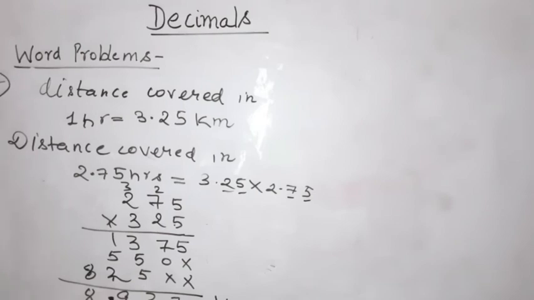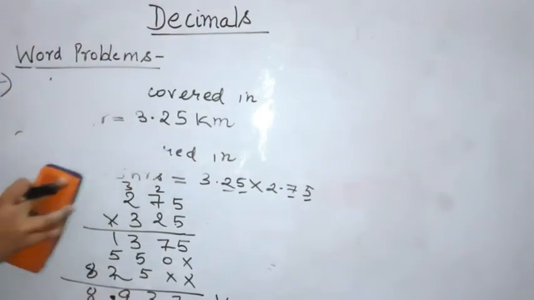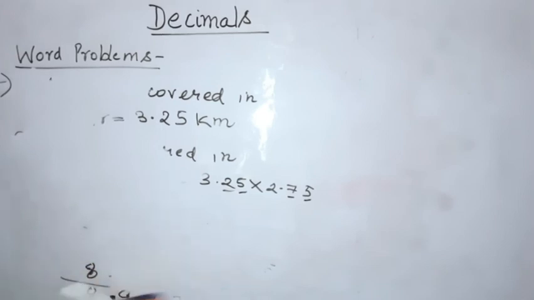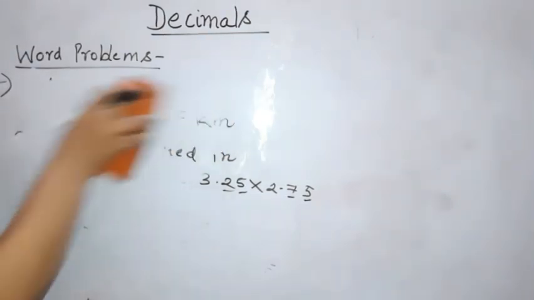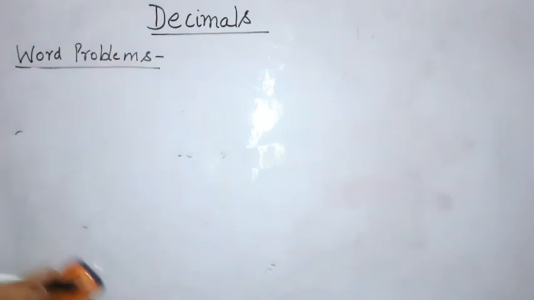So now I have explained you two questions, question number 1, question number 2. Question number 3 you are supposed to do. Now let me explain you question number 3 also, because it is a little bit complicated. Question number 4 will be your homework. I will be telling you how you have to do that question. Okay. So let me read the question first.